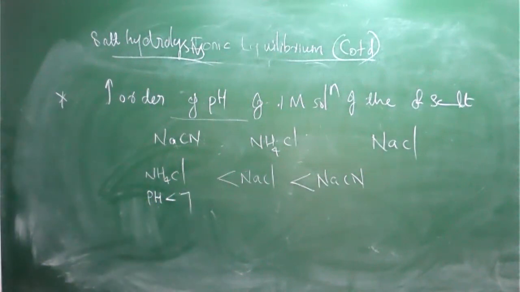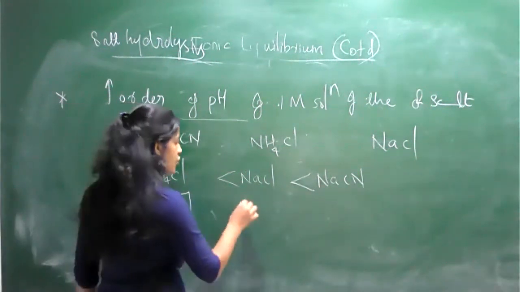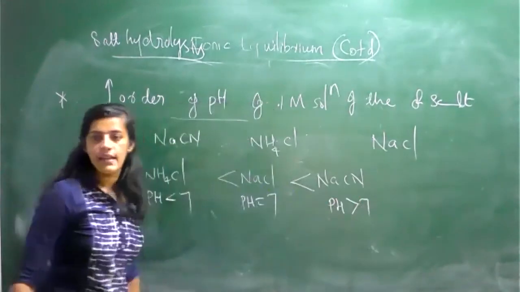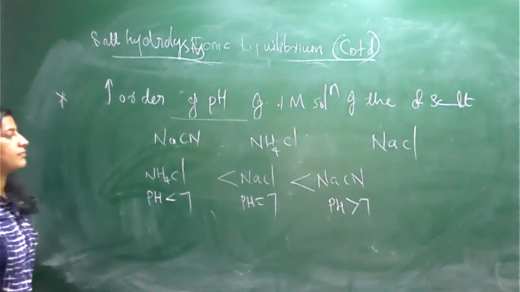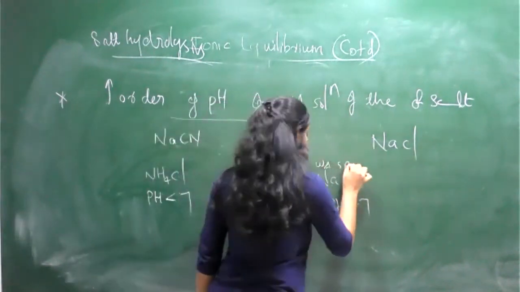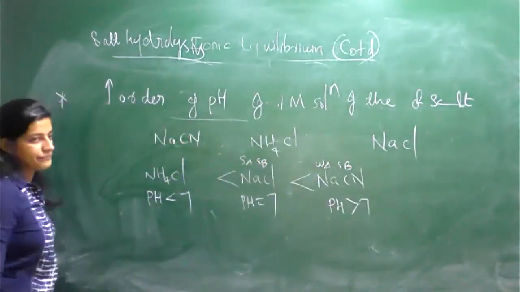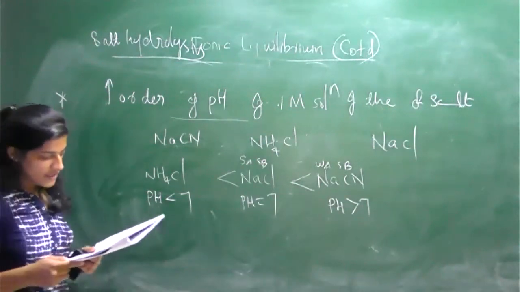Then after that, NaCl, na? It is a neutral form, strong acid and strong base form. So pH is equal to 7. Here pH is equal to 7. This is the reason. Here it is weak acid and strong base form. Strong acid and strong base form. This kind of application question you can expect.